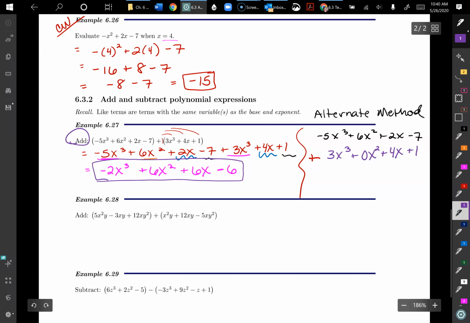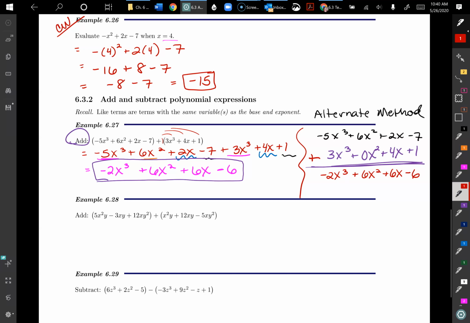And you can just stack it and do it vertical method, and you would end up with the same exact answer. You're going to get -2x cubed plus your 6x squared plus 6x minus 6. So sometimes that helps people to just really organize how they're working the math, but the common mistake again would be not lining it up with like